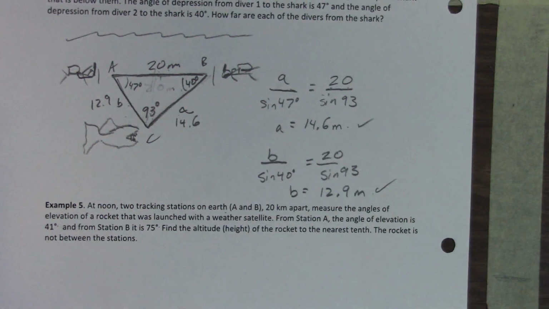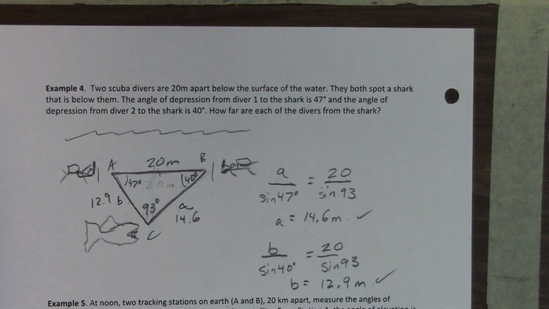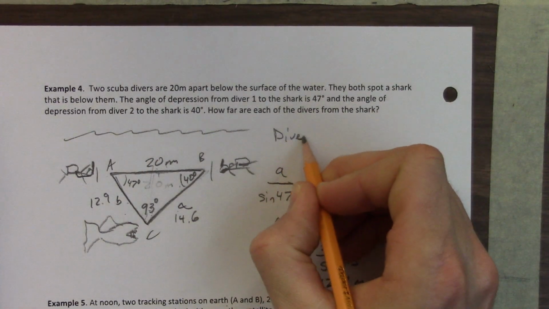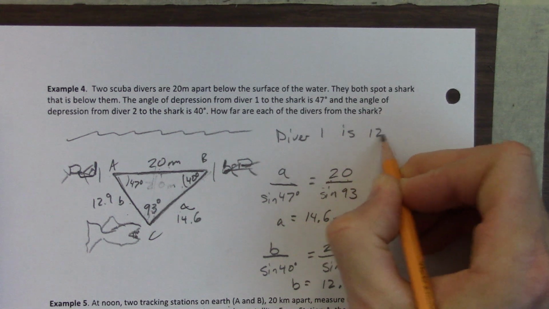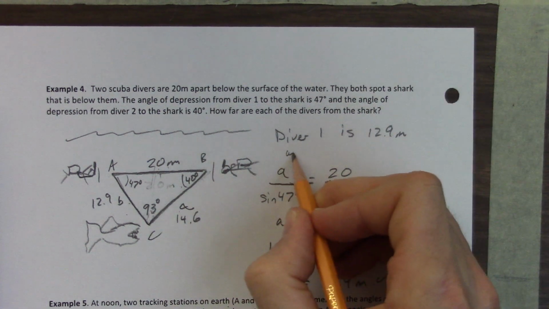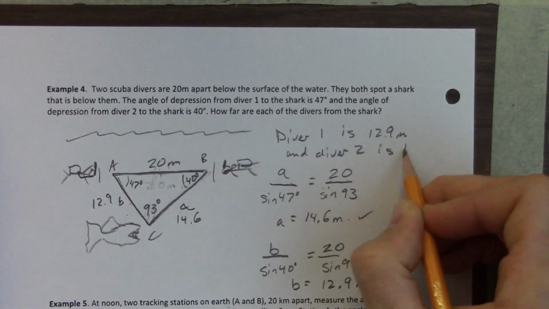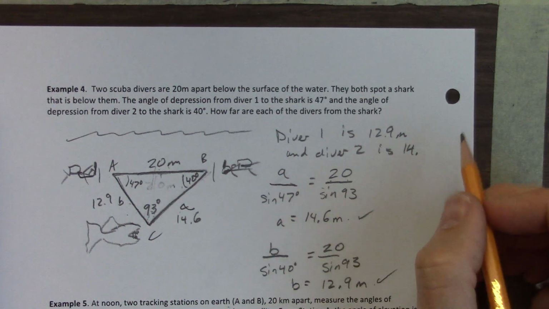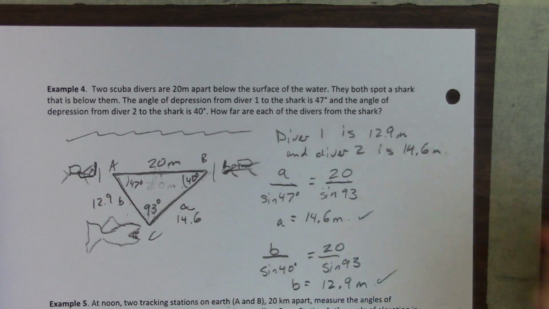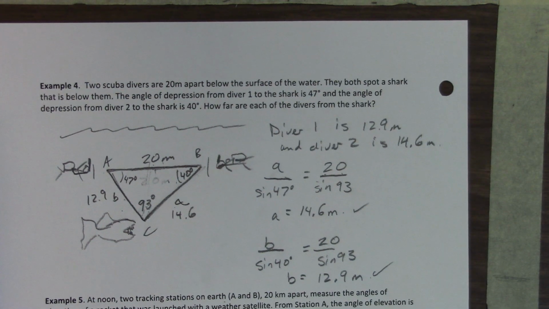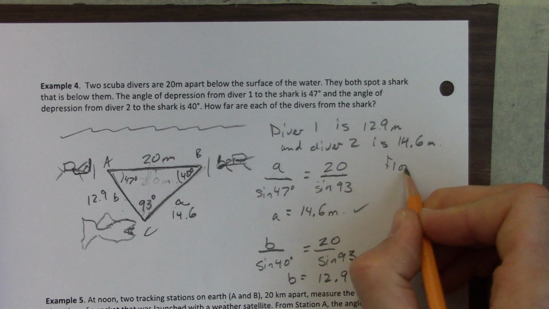Beautiful. Okay. How far are each of the divers from the shark? Diver 1 is 12.9 meters, and diver 2 is 14.6 meters from the shark. From